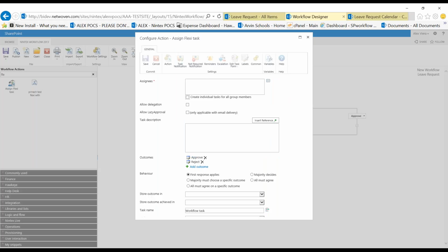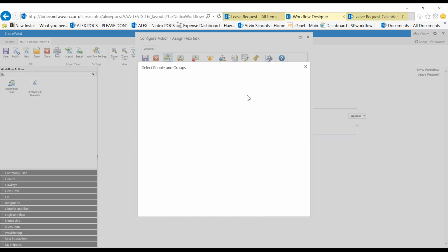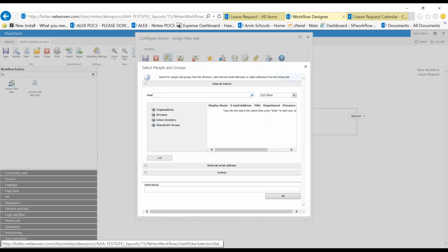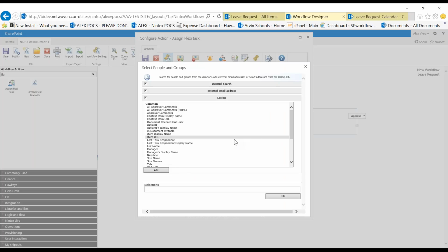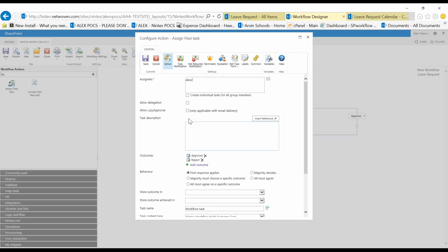So one of the things I'm going to do, since this is a demonstration, I don't want to really send this to my manager, is I'm actually going to put in my name here. But one thing is you can actually set it so automatically through Active Directory it's going to look and say, I want to send it to my manager. So I could add that in there if I wanted to, but we're just going to bypass that and send it to me. It's going to look me up in Active Directory, and there it's going to send it to me so that my manager's not going to get a real email thinking I'm taking a vacation.